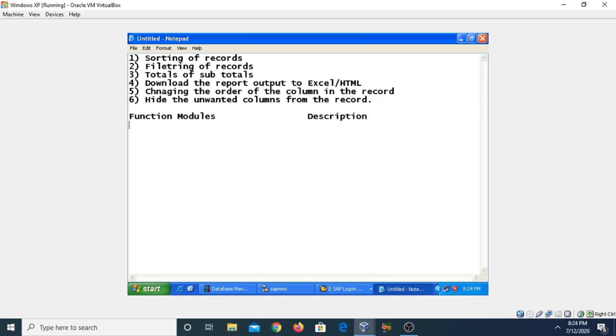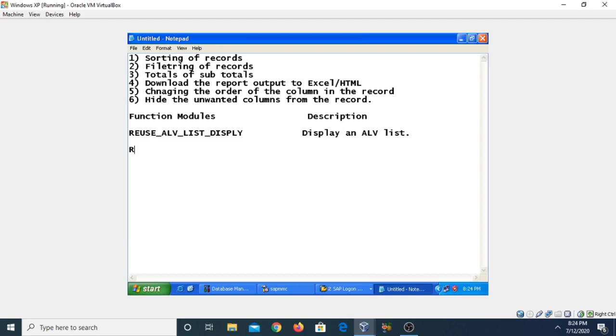The first function module is REUSE_ALV_LIST_DISPLAY. This is predefined in the SAP system, and by it you can display an ALV list.